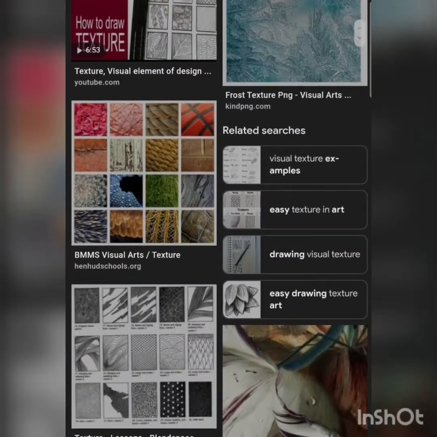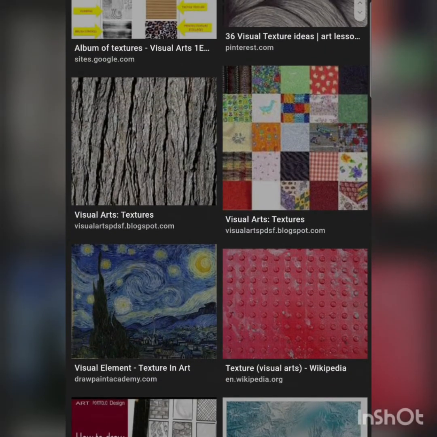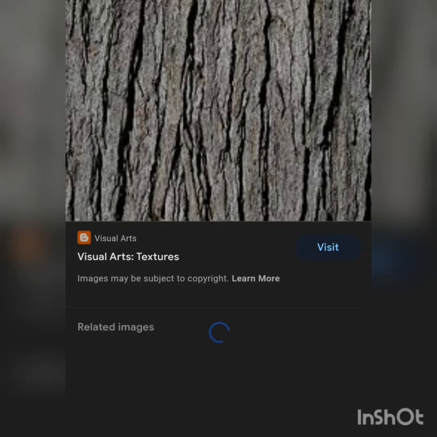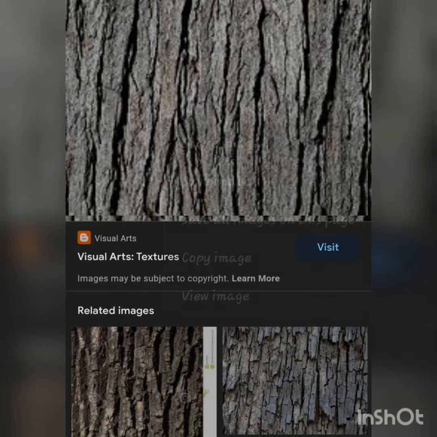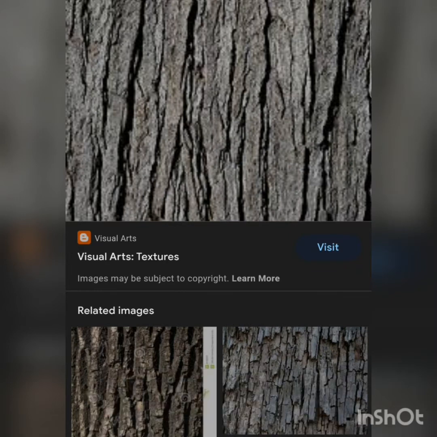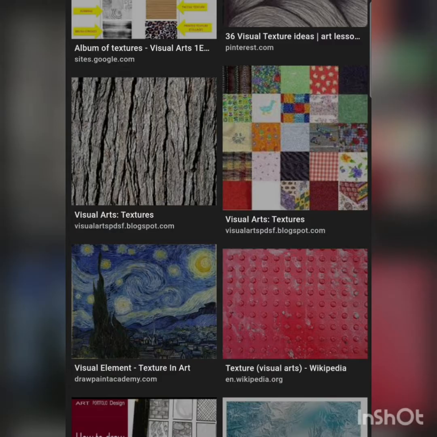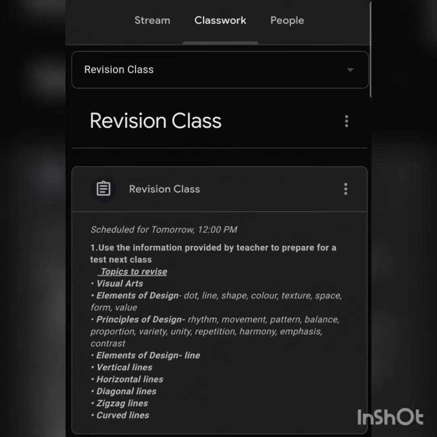So guys, if you are struggling with this, one of the easiest ways for you to demonstrate in your sample chart what texture is, is to click on one of these examples and save it. Now once you have saved it, your best bet is to ensure that you print it, cut it out, and then paste it inside your sample chart, right? So that's an easy way for you to understand how we identify texture. So let's simply go back to our